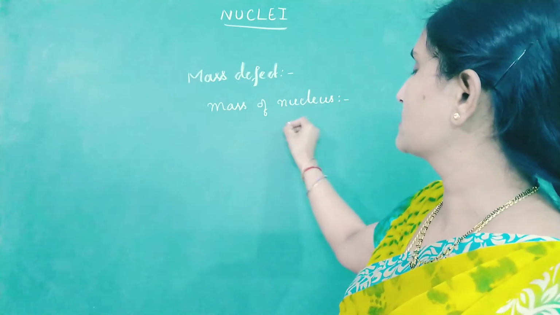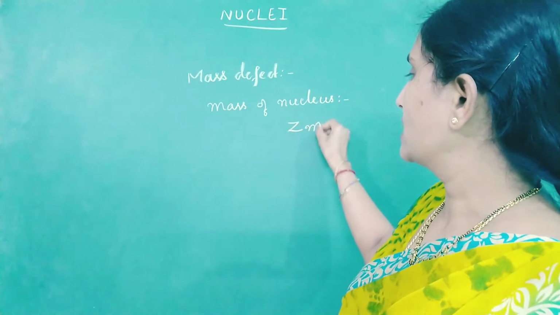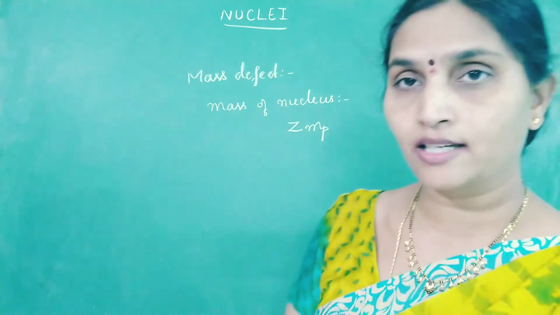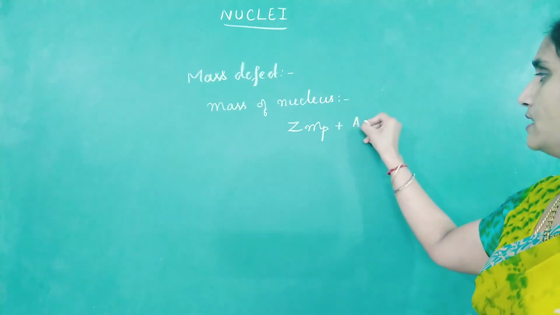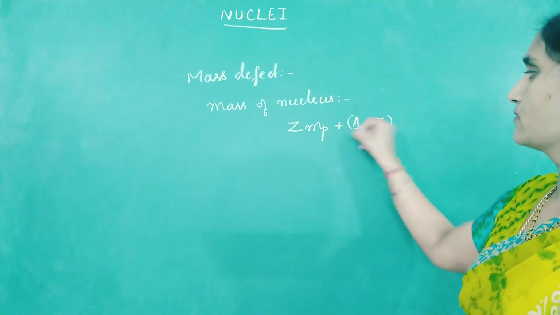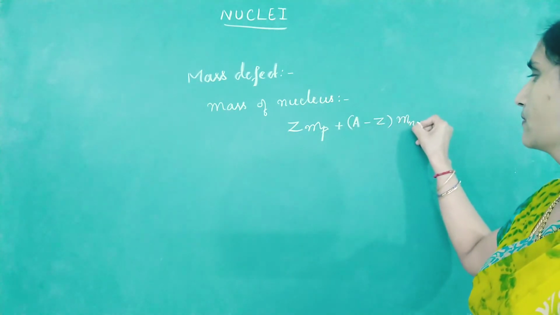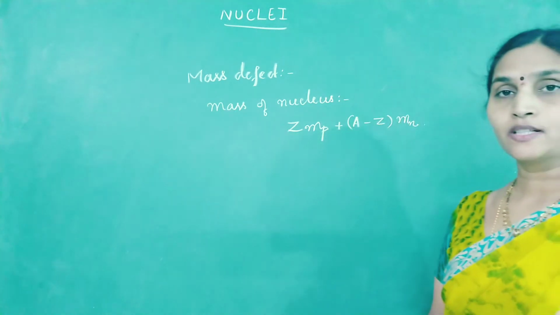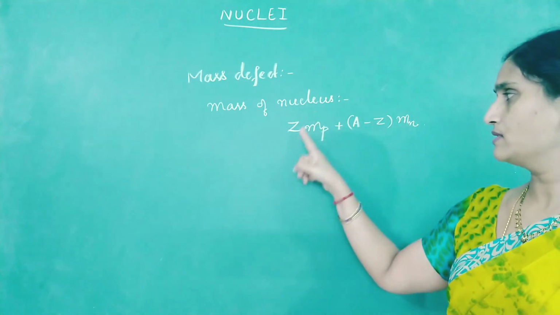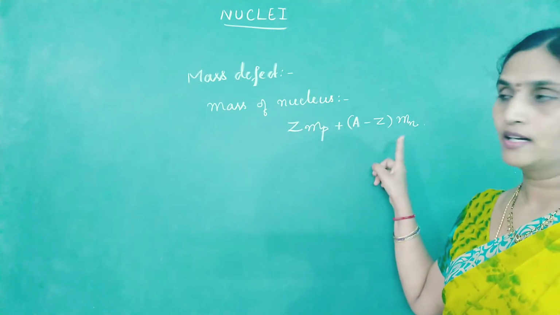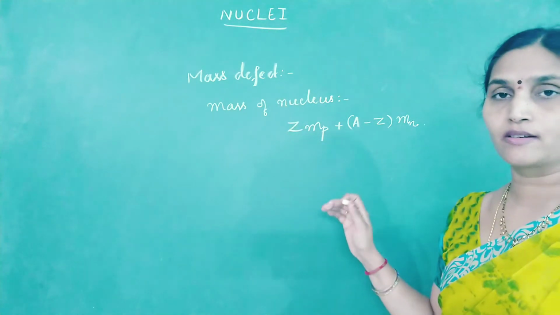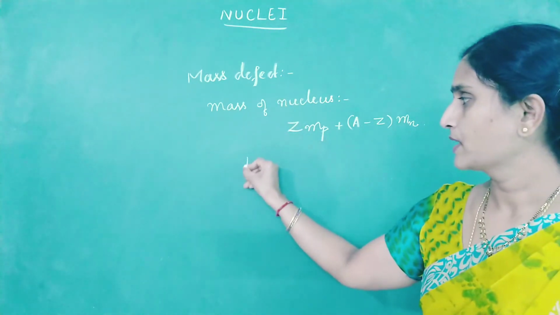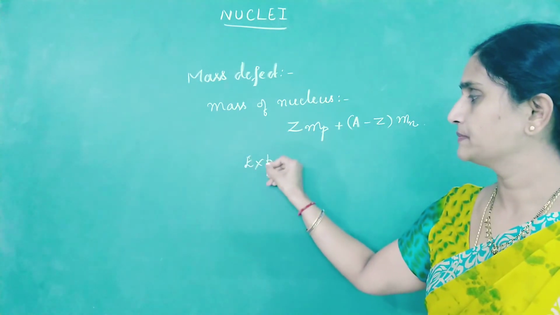So the mass of nucleus is given by Z into mass of proton, because there are Z protons in it, plus A minus Z into mass of neutron. But it was observed that when you evaluate the mass of nucleus using this relation and also find the mass of nucleus from spectroscopic measurements, the experimental mass,